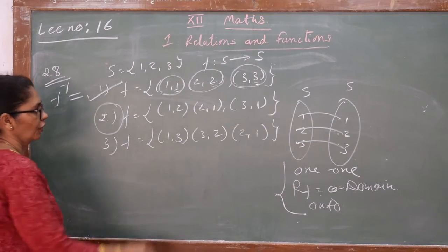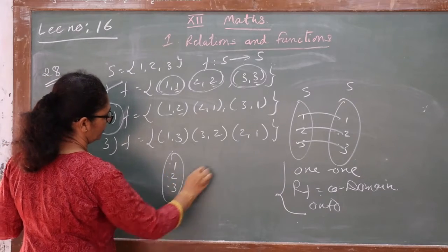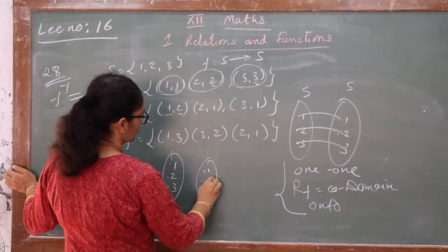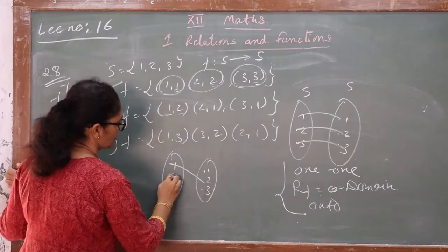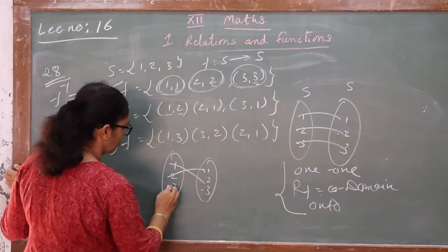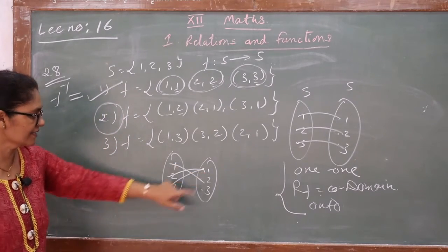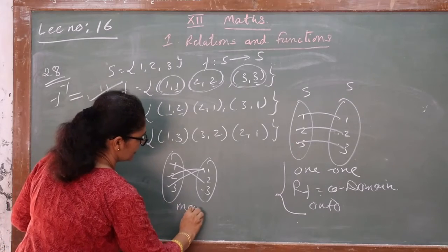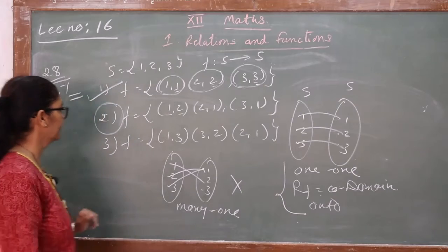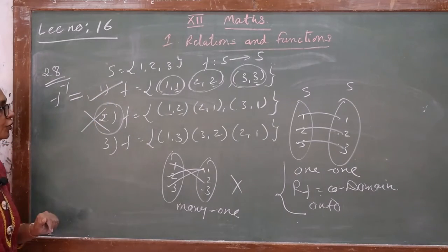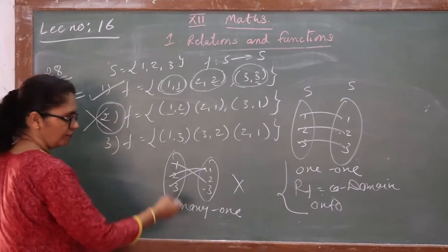Okay, let's come to the second question. Check whether it is one-one or not. Let's make a pair: 1, 2 and 3 here, and 1, 2 and 3 there. With 1 associated is 2, with 2 associated is 1, and with 3 also 1. So for two separate questions, we get the same answer. So this function is many-one. Many-one means it is not one-one, so its inverse will not exist. So that's over.